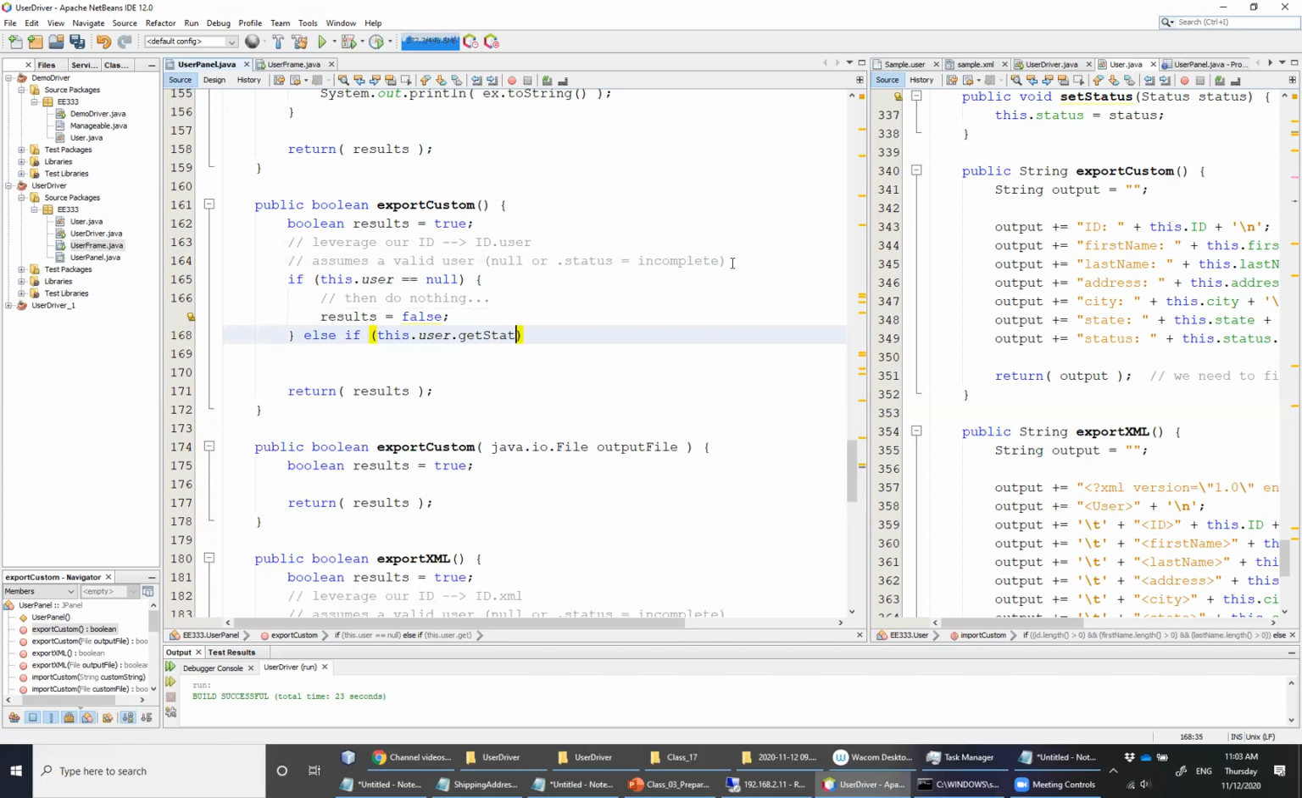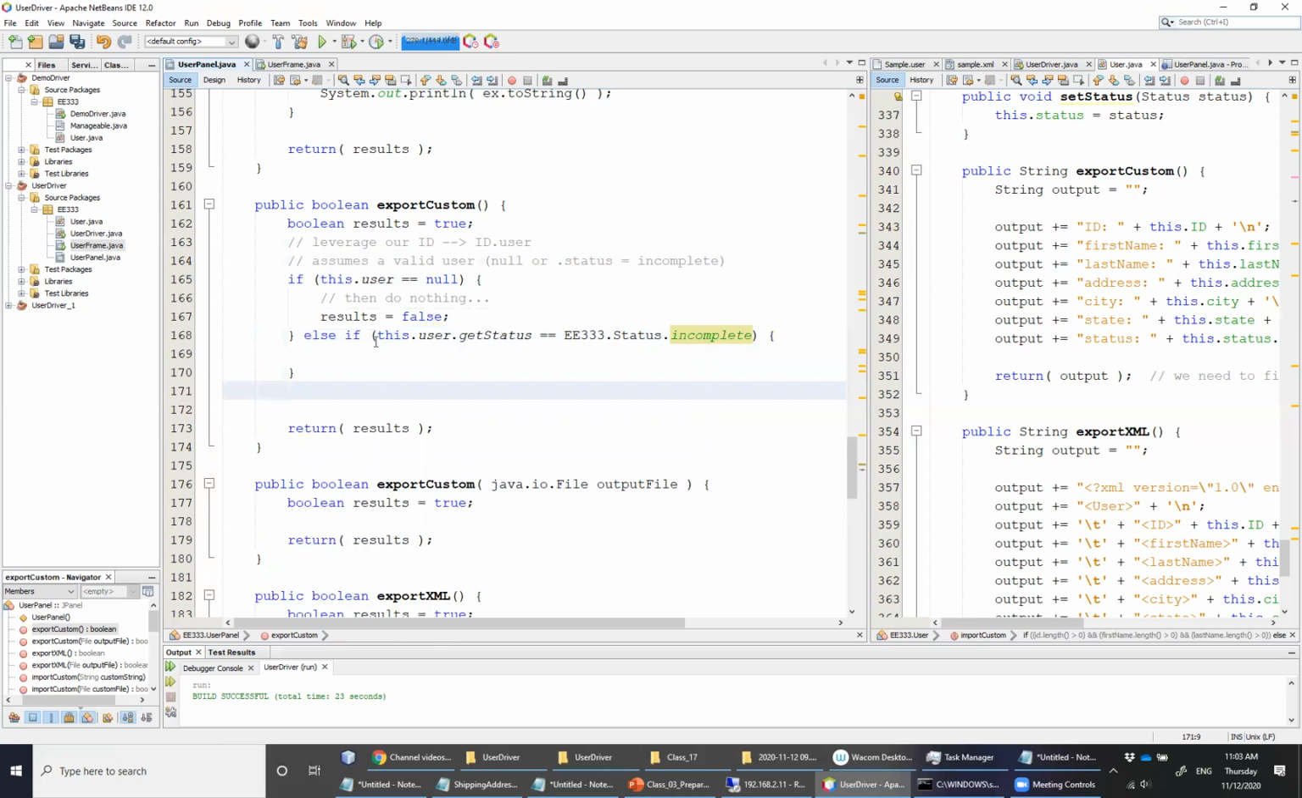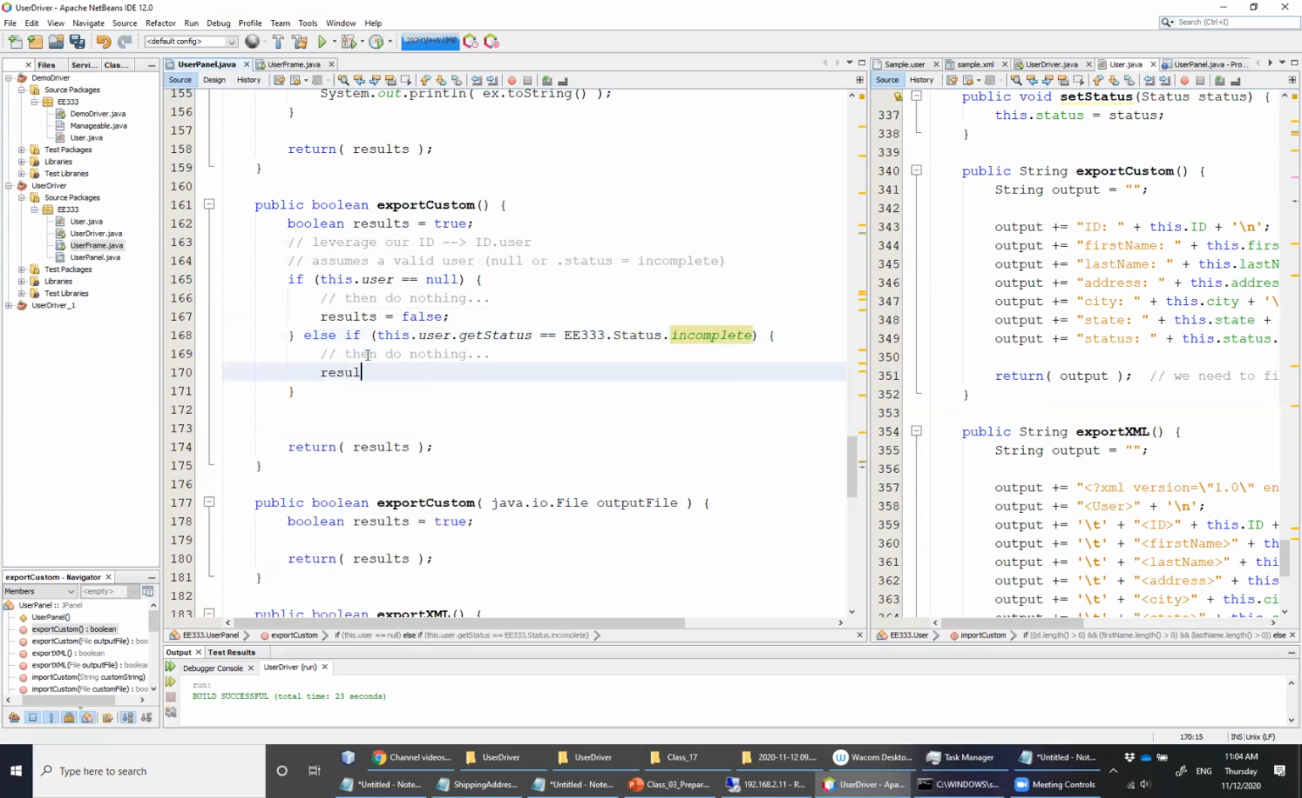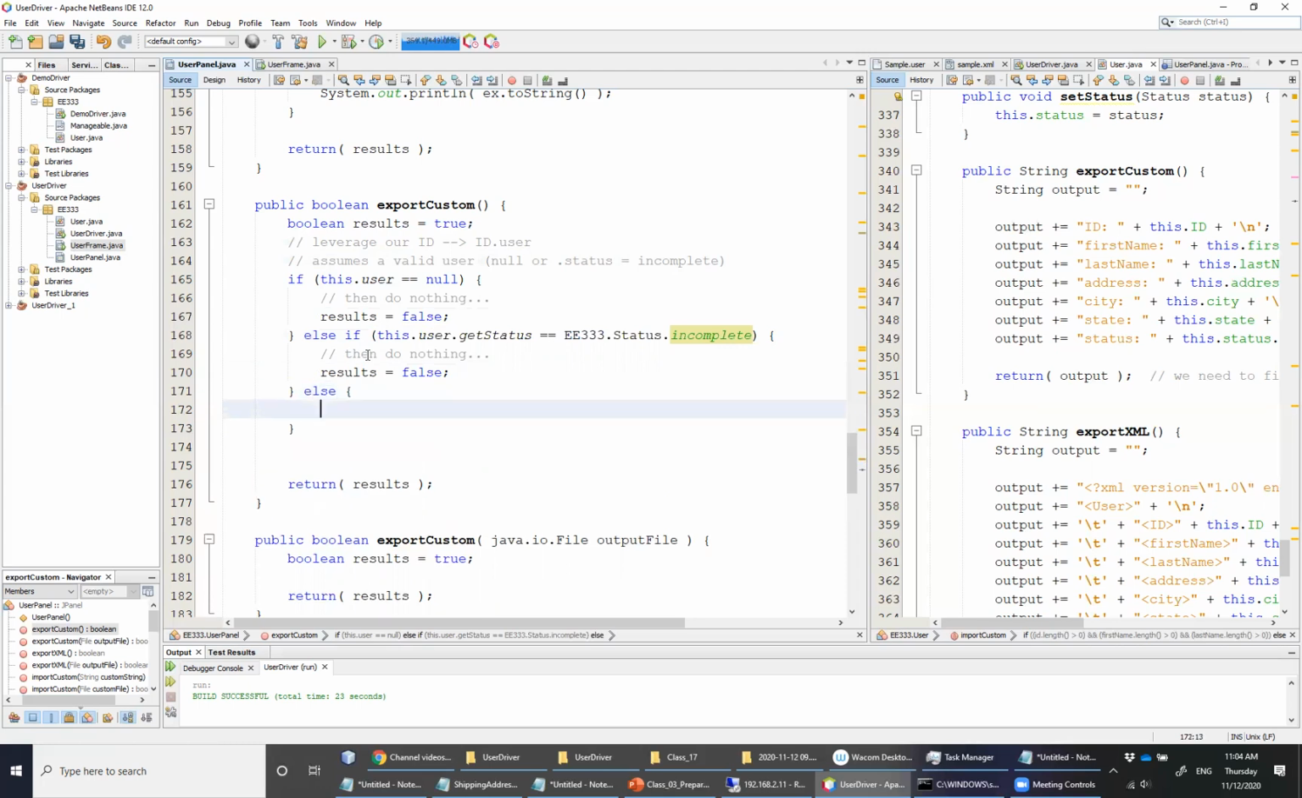Get status. And if that is equal to EE333.status.incomplete, then also do nothing. More particularly, our results are going to be equal to false. But then what do we do if we've basically passed all of our checking? And by the way, just to be clear here, we would also want to do some additional checking beyond this. Now, if either of those scenarios are true, then